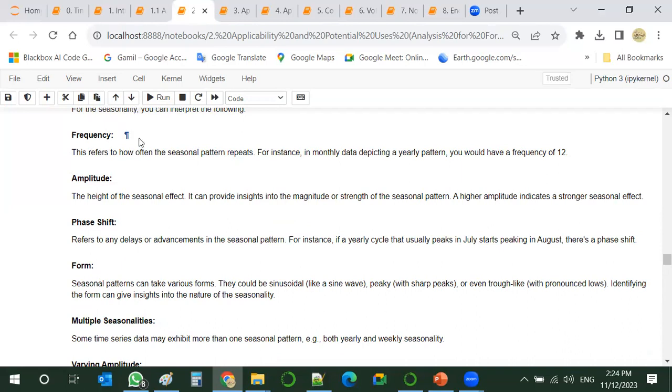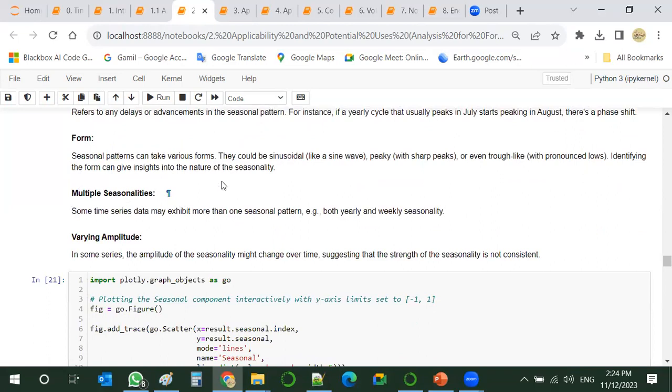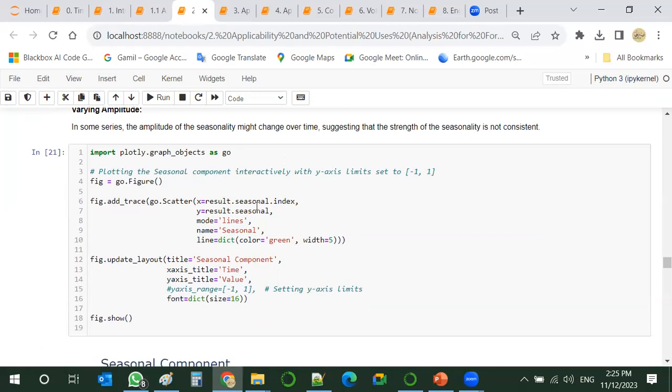So we have to know the frequency, we have to know the amplitude, we have to figure out the phase shift, the envelope, the form, and we could face multiple seasonalities. We can have varying amplitude, so if seasonality is not consistent.